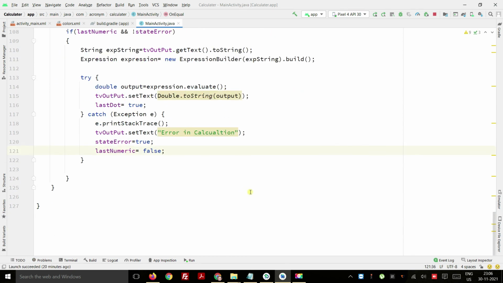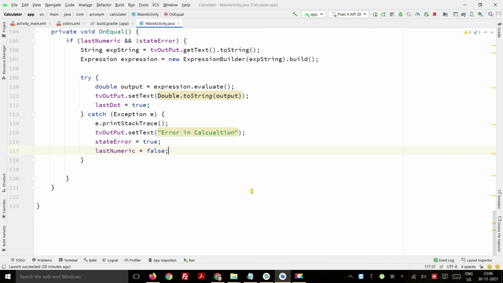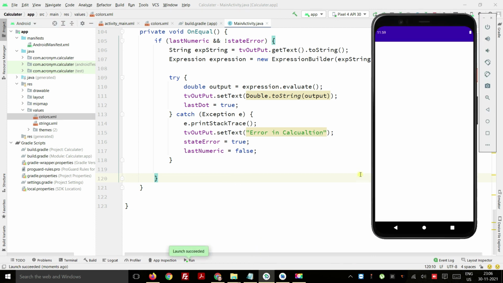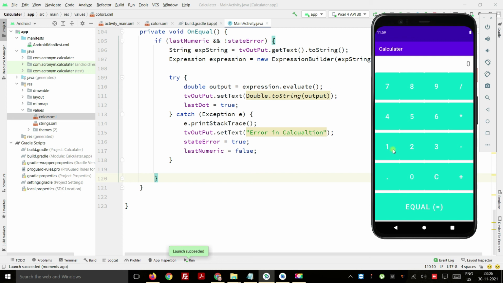So guys, we have done all our coding here. Let's see our application calculation. Once it is running, we can see that we don't require any internet or any other facility. That is up to us only. Now the application is being launched. If I want to use 5 into 6, and then I want to equal, then it will come 30.0.